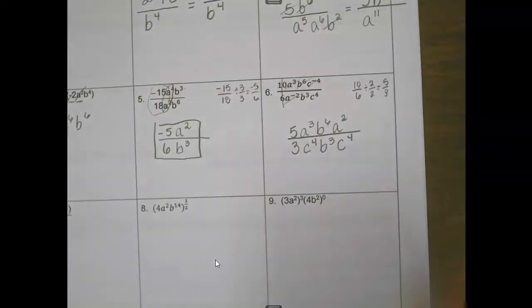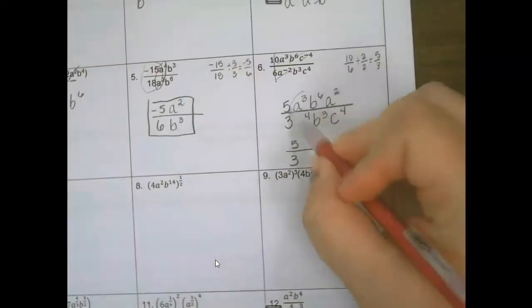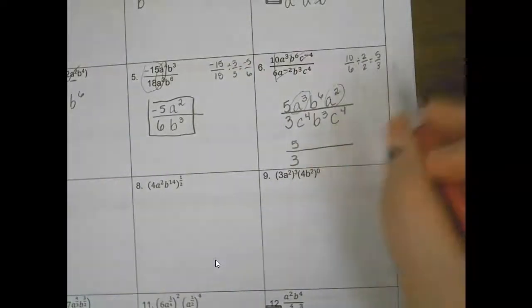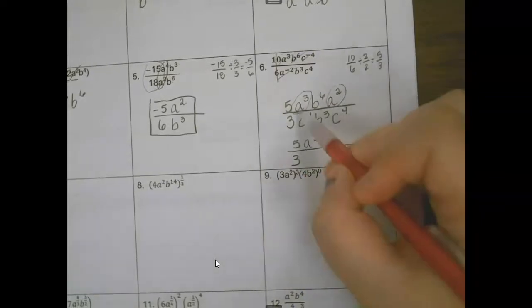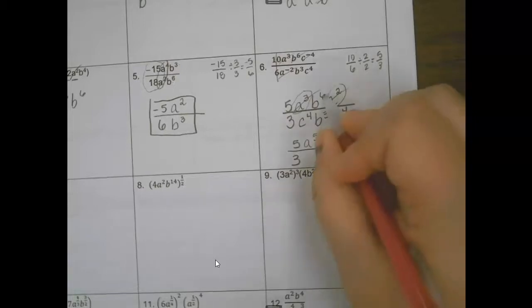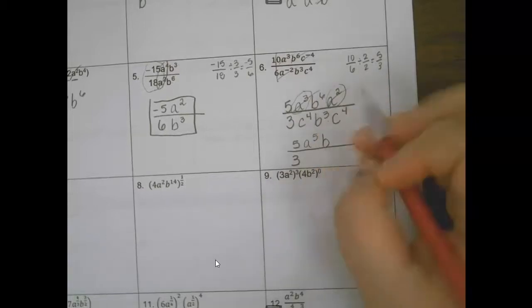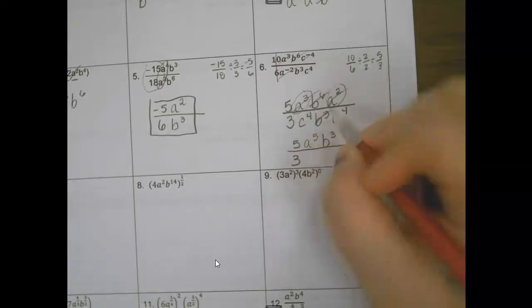Alright, so now I keep my 5/3. And I know some of you combine these steps, and that's fine if you're comfortable doing that. So a to the 3rd, a squared, that's multiplication, so a to the 5th. My b, I have a b on bottom, so my 6 is bigger, so it's going to stay on top. 6 minus 3 is 3. And then my